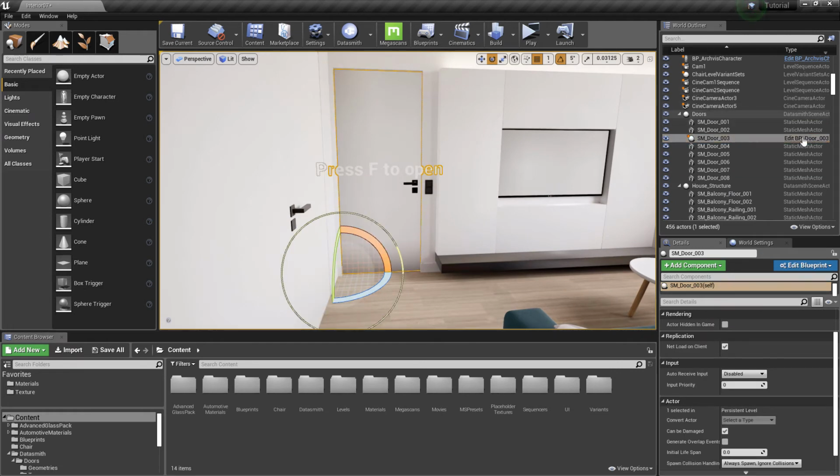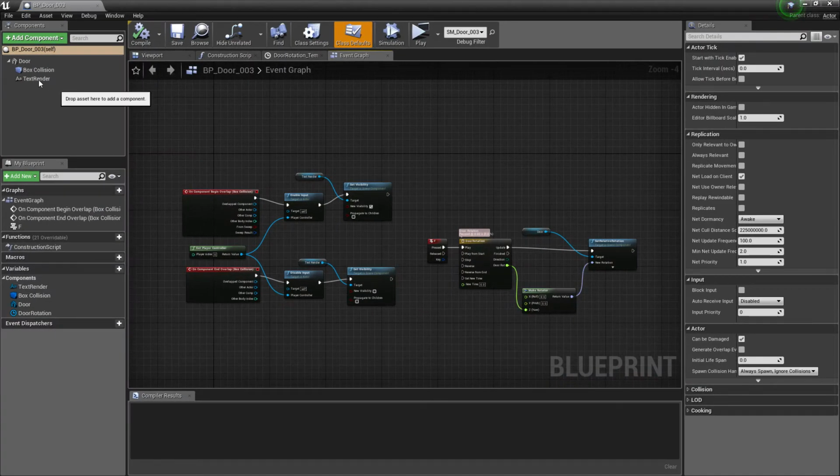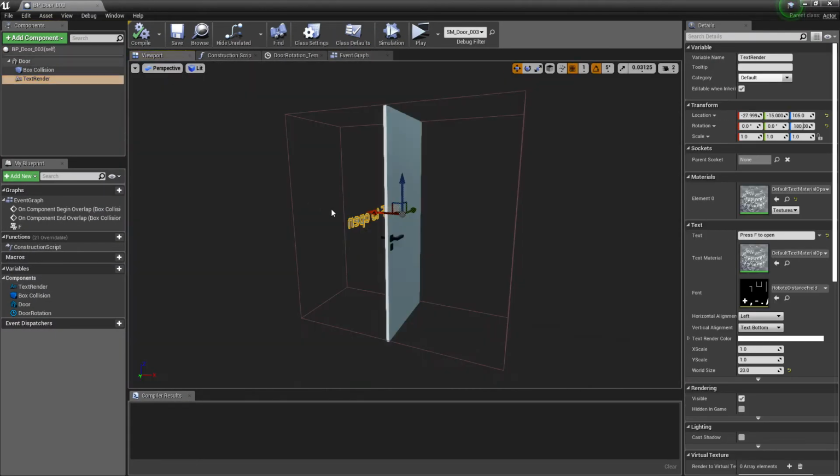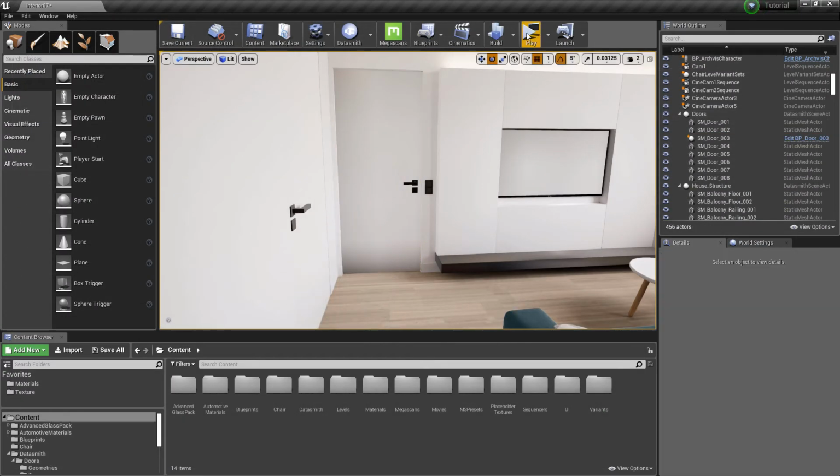Okay, so our door is now replaced by the blueprint, but we need the text to appear only during the overlap. Let's fix it. Select the text and uncheck its visibility. Now the text is gone.